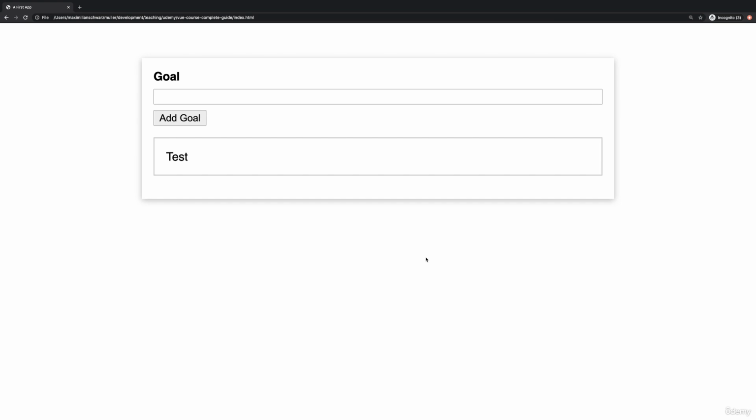So, in order to get our hands dirty, I prepared a very simple dummy project for you. You find it attached to this lecture as a zip file, which you can download and extract. And in that extracted folder, you will find three files: an app.js file, an index.html file, and a styles CSS file. Now here I opened this extracted folder with Visual Studio Code, the code editor I'm going to use throughout